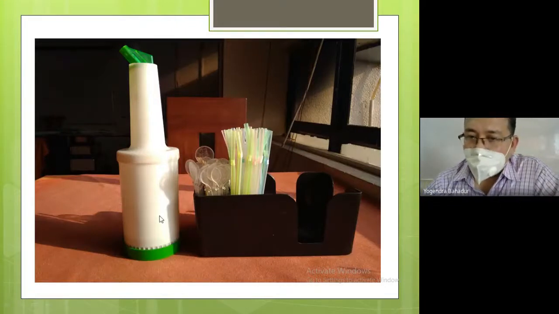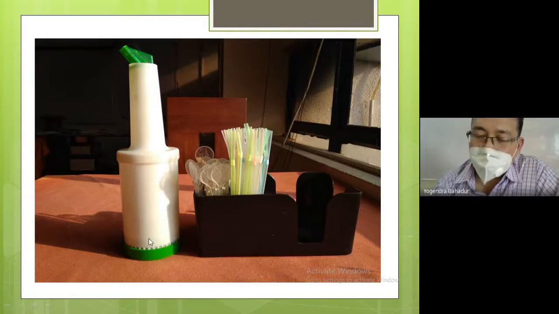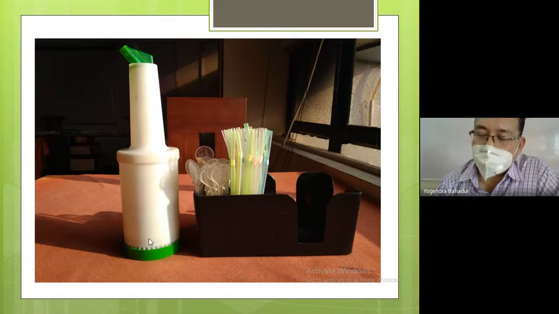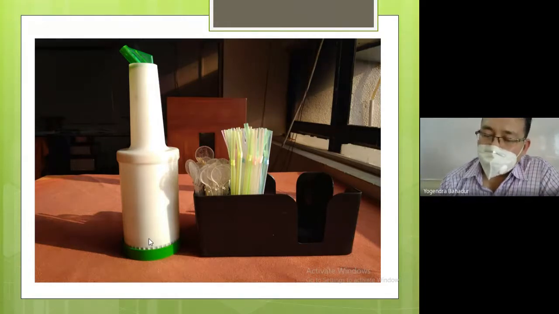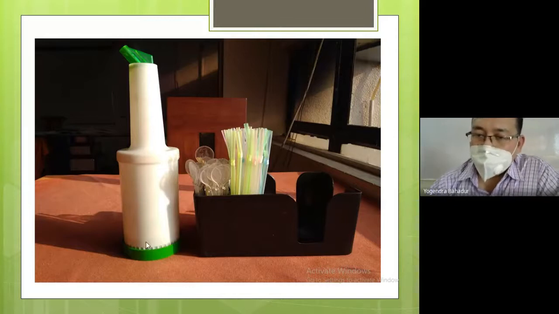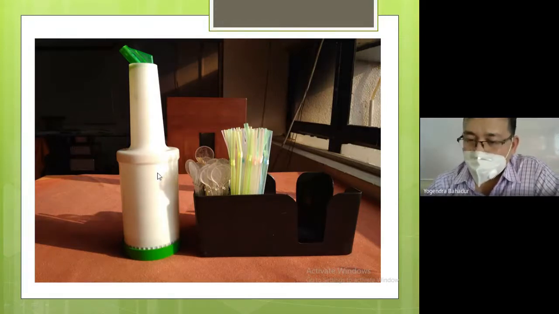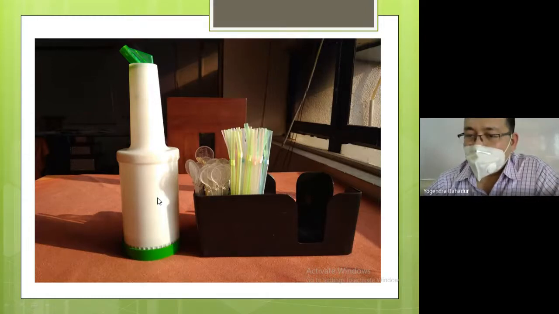Here you are finding two things. This particular bottle is known as the store and pour bottle, S-T-O-R-E. Why do we call it a store and pour bottle? Because this bottle can be used for storing lemon juice or sugar syrup, and it can also be used for pouring. So that's why it is called the store and pour bottle.